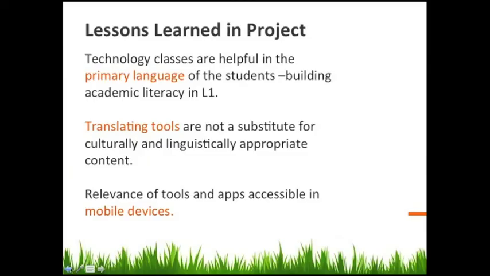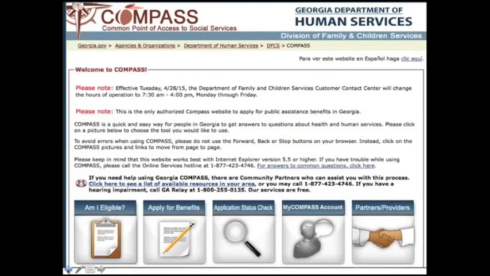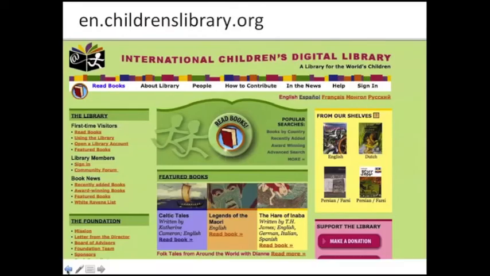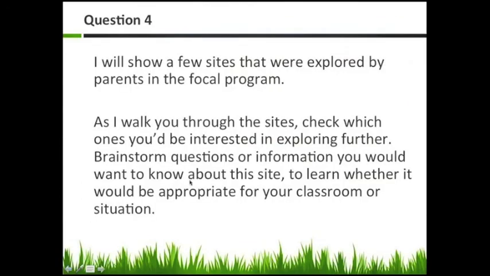The question was, what criteria are important for you if you say, I'm going to include this website in my teaching, in my classroom? What information would you want to know, or would be important for you to include a website?